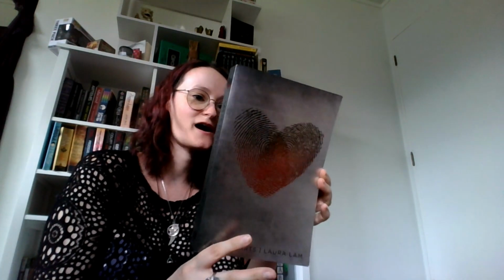And so for the Fireflies prompt, which is to have a book with a bright cover, I have chosen False Hearts by Laura Lamb, and I reckon that's a pretty bright cover. It's shiny, it's bright, it's a beautiful silver, and this follows conjoined twins Tama and Tila,